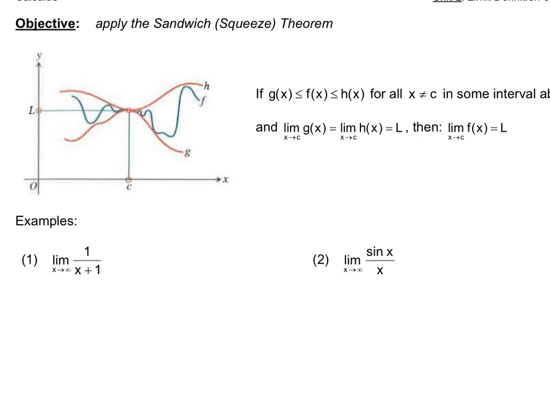So it's saying that f of x is between two functions g of x and h of x, right? If that's the case, and also, this is the weird part, those two limits, the limit of g of x and the limit of h of x, are the same, then the limit of f of x is going to be the same as those two outer limits. Right? I said that really fast,